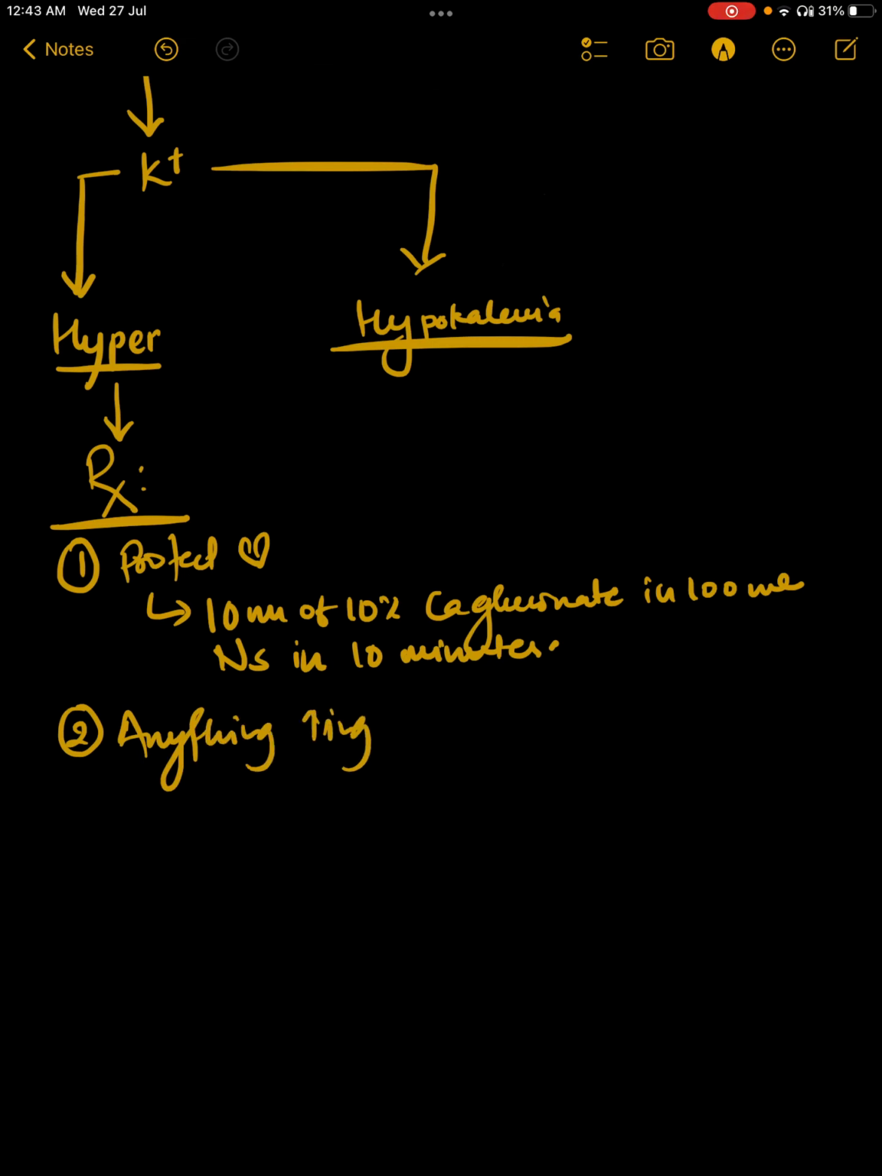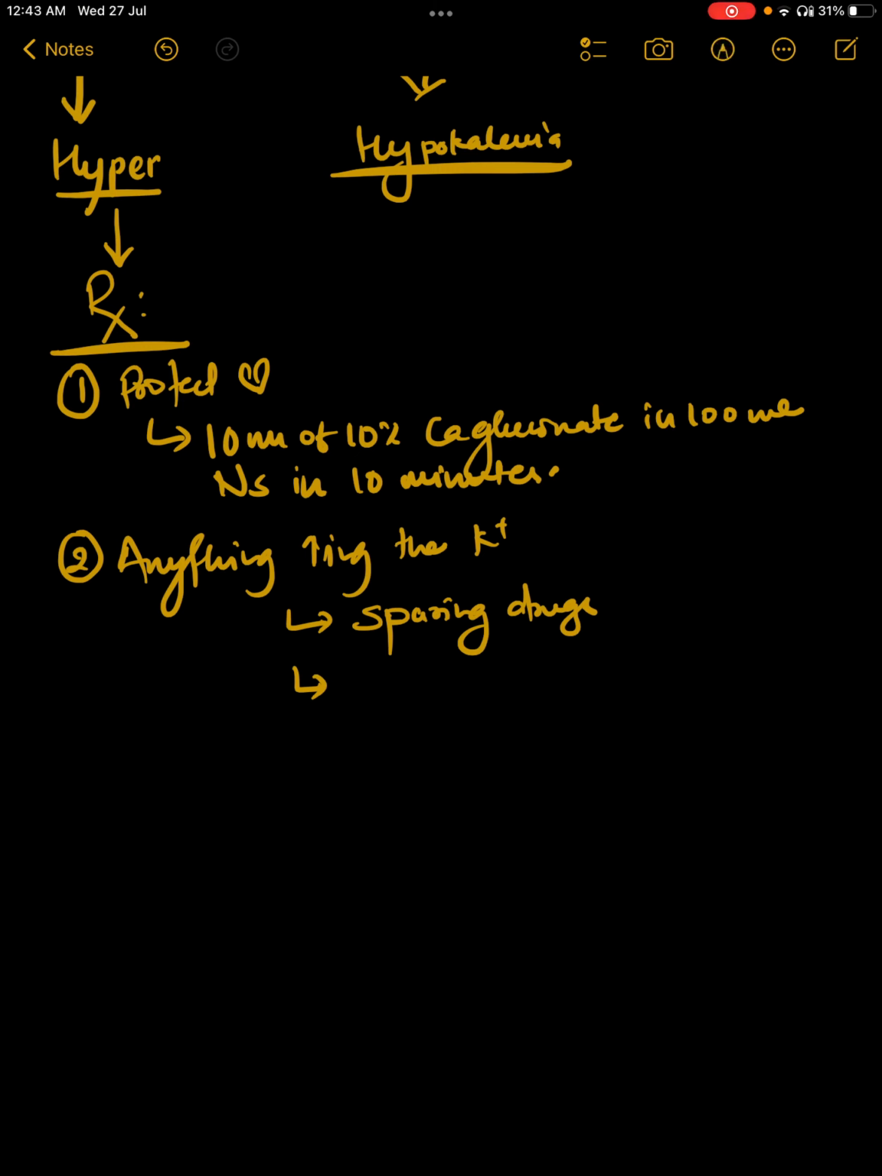Second, anything increasing the potassium, like potassium sparing drugs, we should avoid. Similarly, having more potassium in the diet is one of the things, so we should avoid that. And the most important treatment is